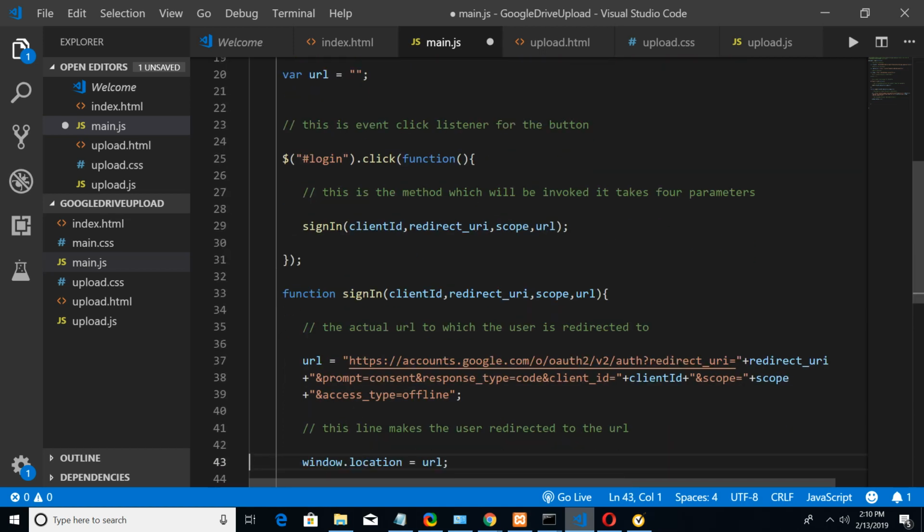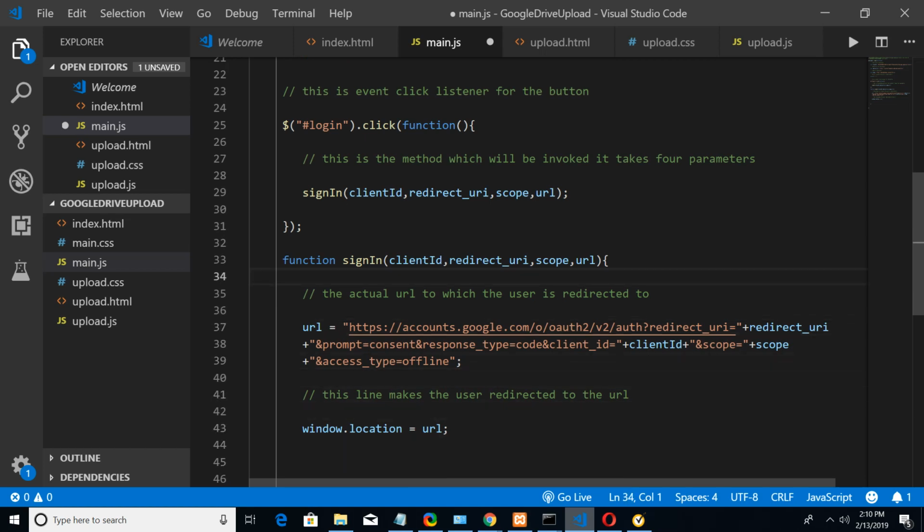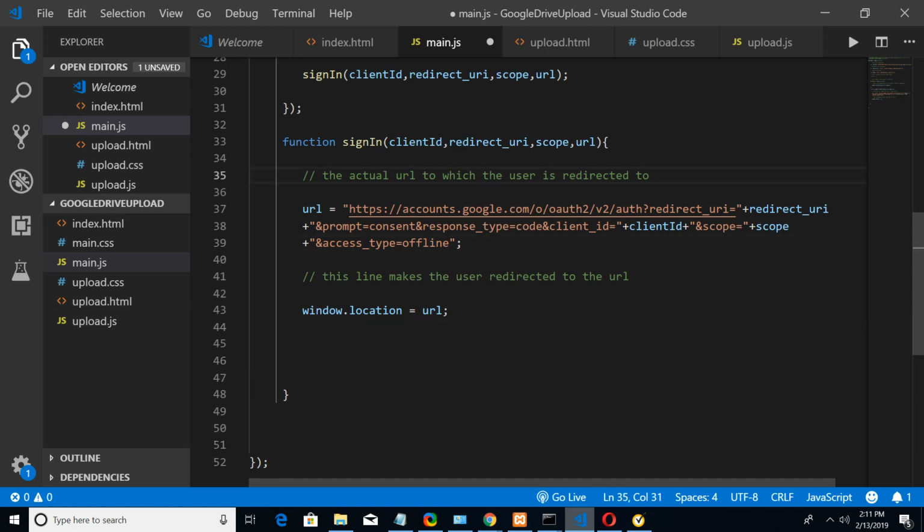So this is the overall function, guys. Basically, we are first making the URL by concatenating https://accounts.google.com/o/oauth2, this overall URL, with the redirect URI. This will generate the authorization code for us, and this line makes the user get redirected to that URL. So if I save this here,